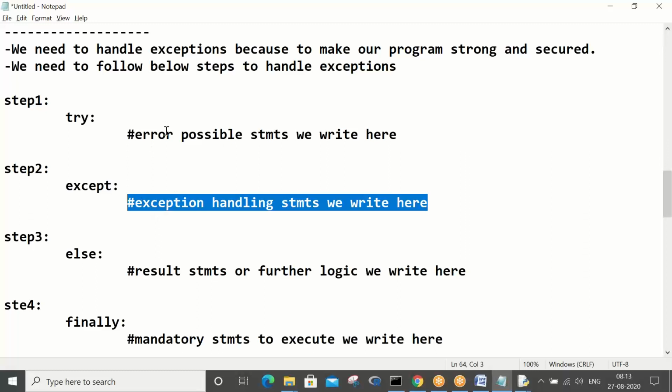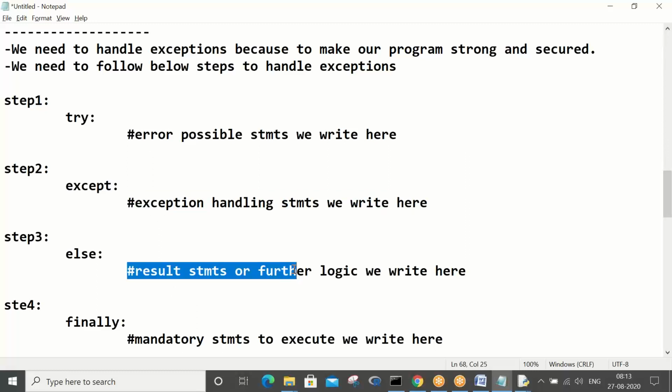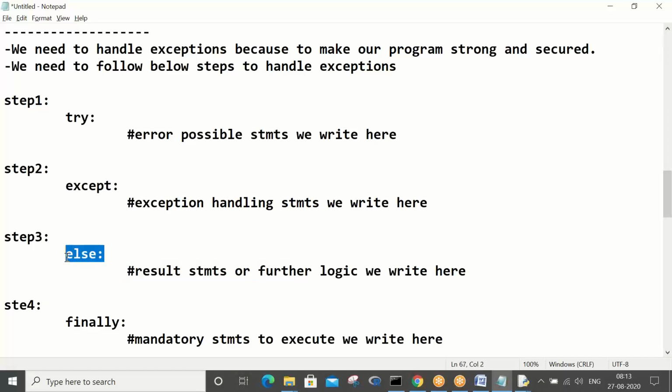If 100 by 10 is not an error, then result statements and further logic get executed in the else block. We have to put those manually. In the finally block, whatever you do, the mandatory important statements which are supposed to execute in the program, you put there.